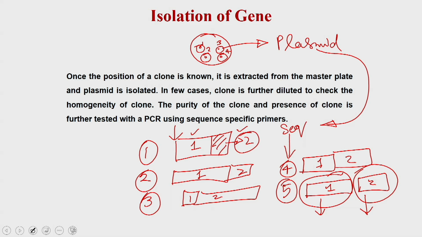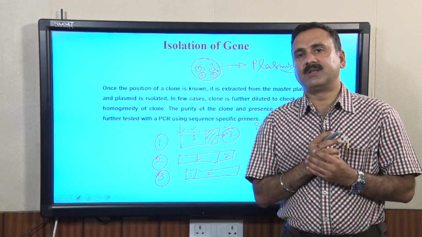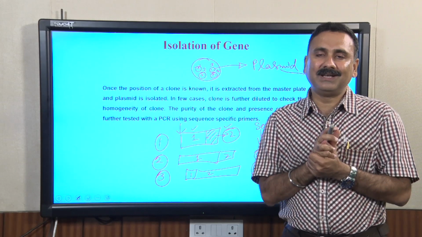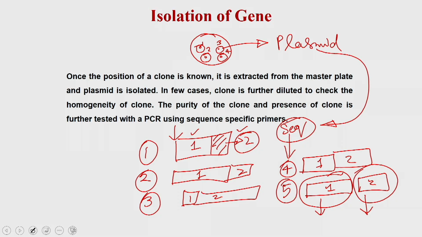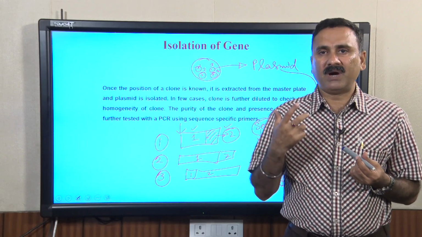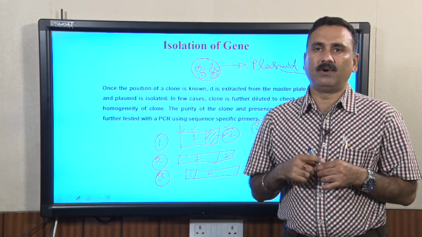But even then, once you do the sequencing of these clones, probably you will be able to distinguish which gene corresponds to your protein, because in some cases you may have the full gene and in the other the partial gene, and that clone might be giving you a higher signal. All these clones may not give a similar kind of signal; some may give more signal, some less. So, if you do the sequencing of these clones, you will know which clone contains the full-length gene of your interest, and that could be the gene fragment you are looking for.